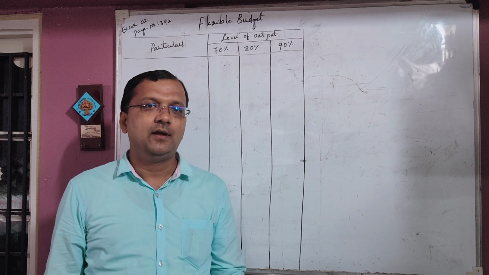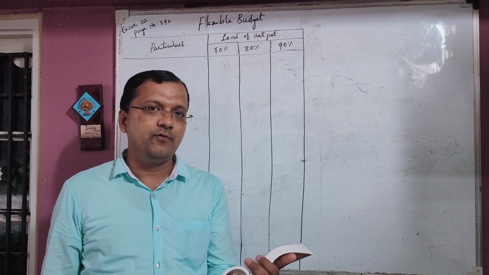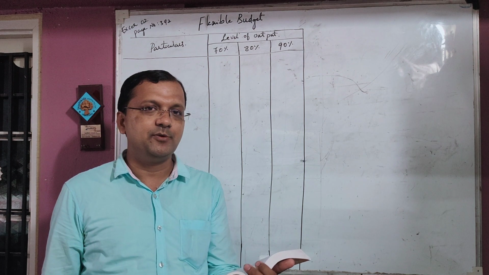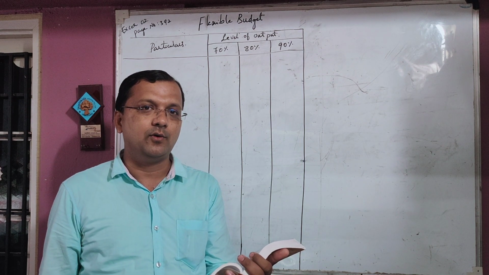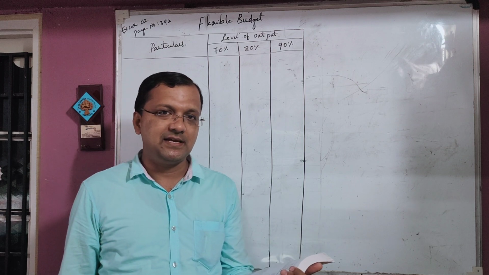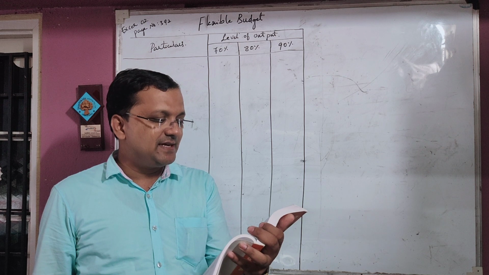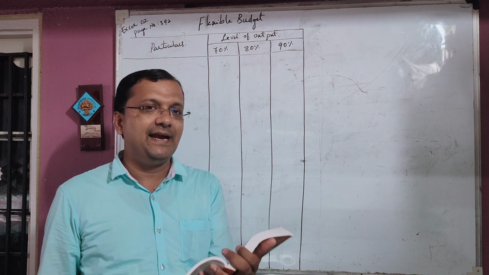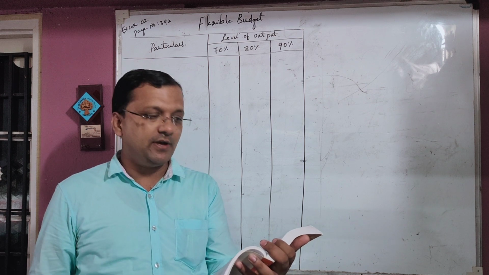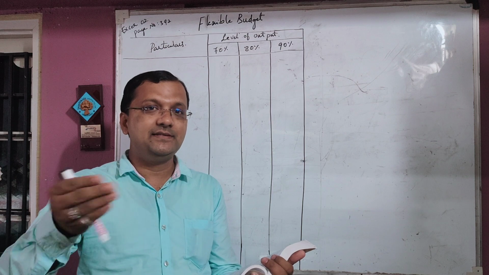Good morning to all. In the last class, we discussed the budgetary control 15 marks problem, exercise 15, which belongs to budgetary control. Flexible budget was also discussed in the last class. Now I am going to solve exercise 2 of page number 392. That is also a flexible budget. I'll read out the problem, what they have exactly given and what the examiner is asking.